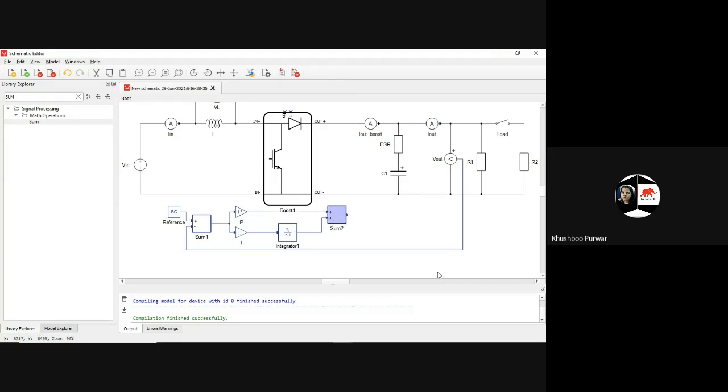So here this gain is the proportional gain, and this one is the integral gain, which is integrated, and I have given this to the summation.